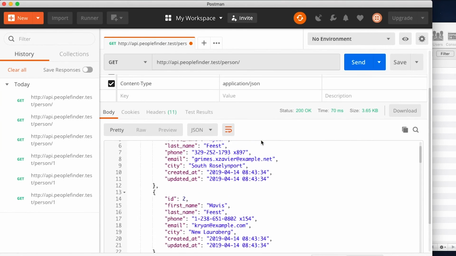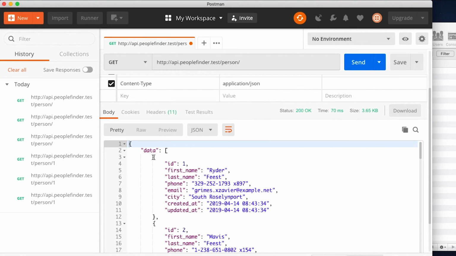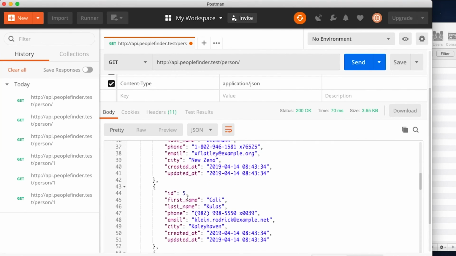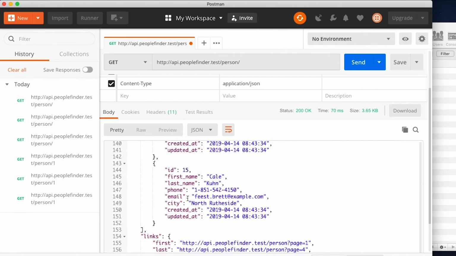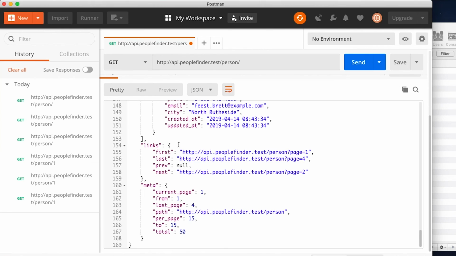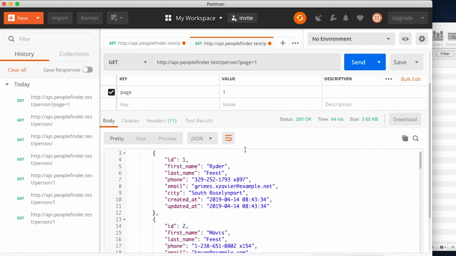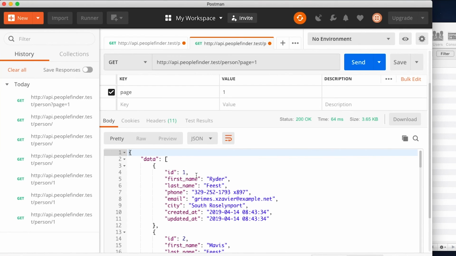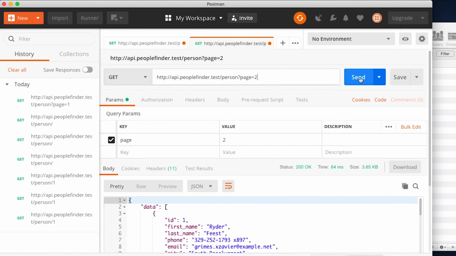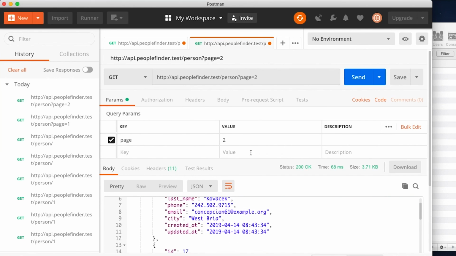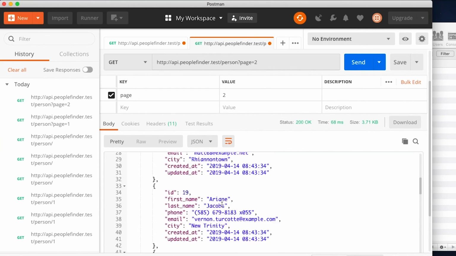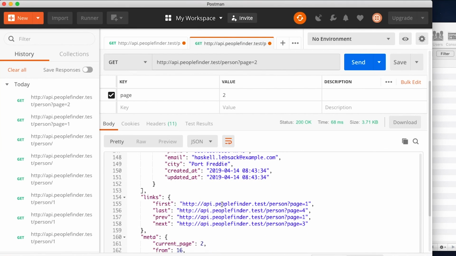And yes, now I should have data returned as an array, and this array is going to be a list of all the people in our database, but it is going to be paginated. So if I scroll all the way down to the bottom over here, I should eventually get to some pagination links. And yeah, this is how we will paginate through the information in our database. We'll just add in some extra information as a query string, and when we send those, we should have slightly different information. So page 1 should always return person 1. Page 2 will start from person 16. And yeah, that is just going to help us paginate through all of the information in our